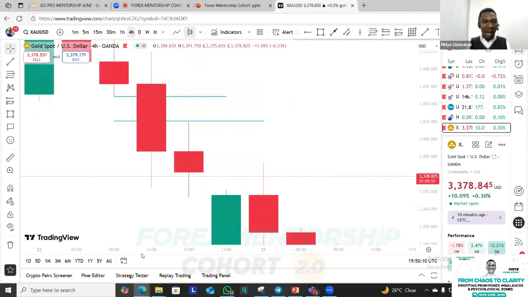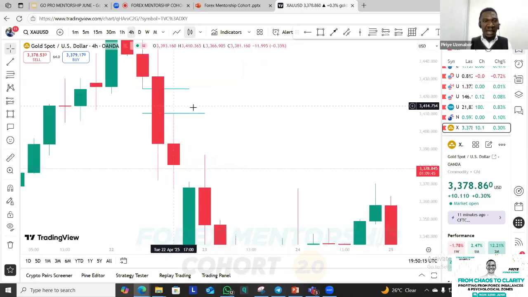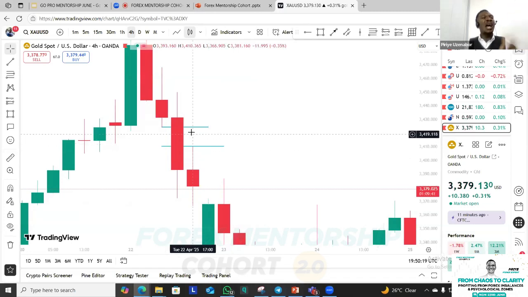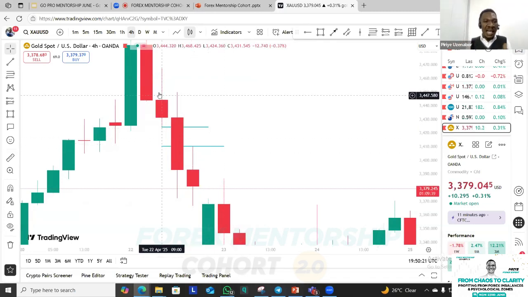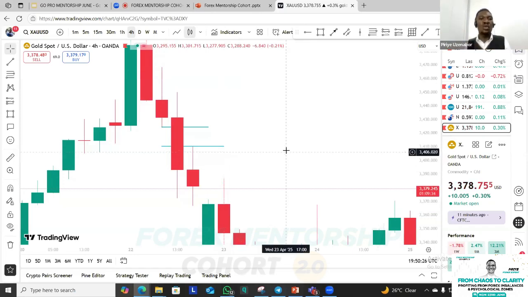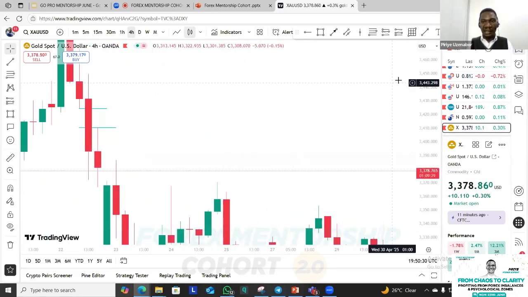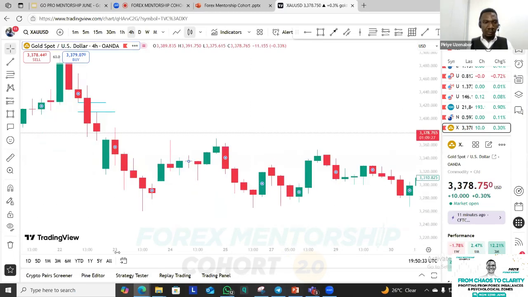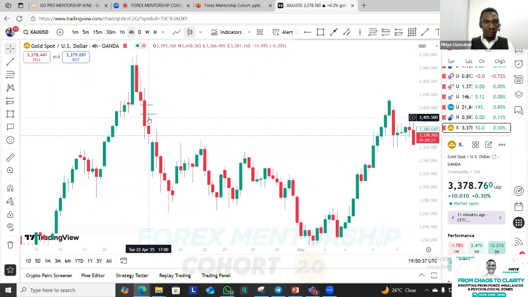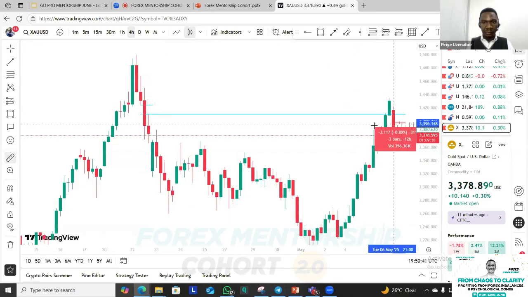So already you have your clue. You can say, okay, I can see this price gap right here. That would mean I'm expecting that somehow price is going to come back to this zone. Yes, I know that it is selling, but when price comes back into this zone, that is when I want to consider my trade. And then if we draw this line outside on a straight line,